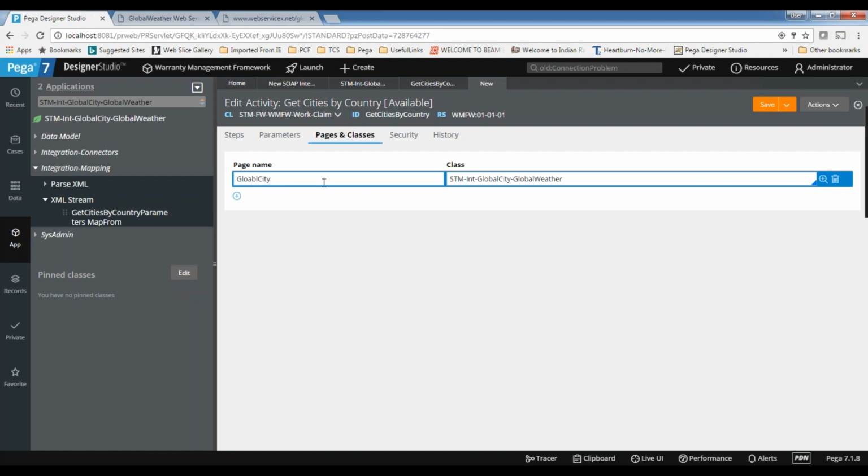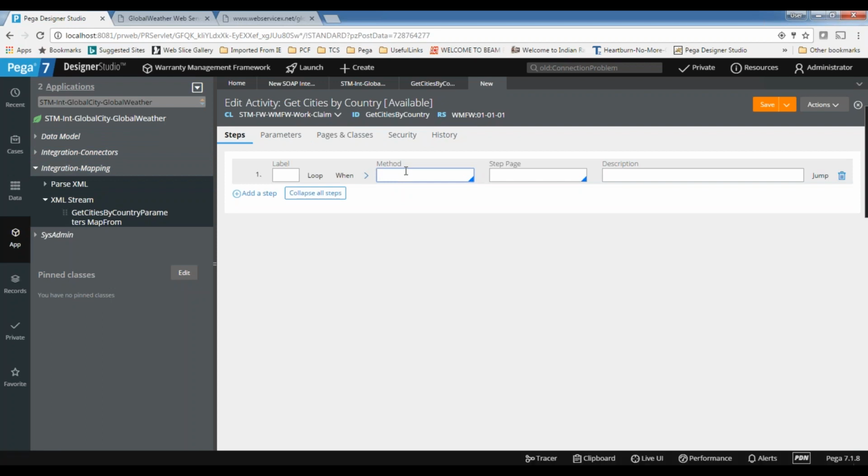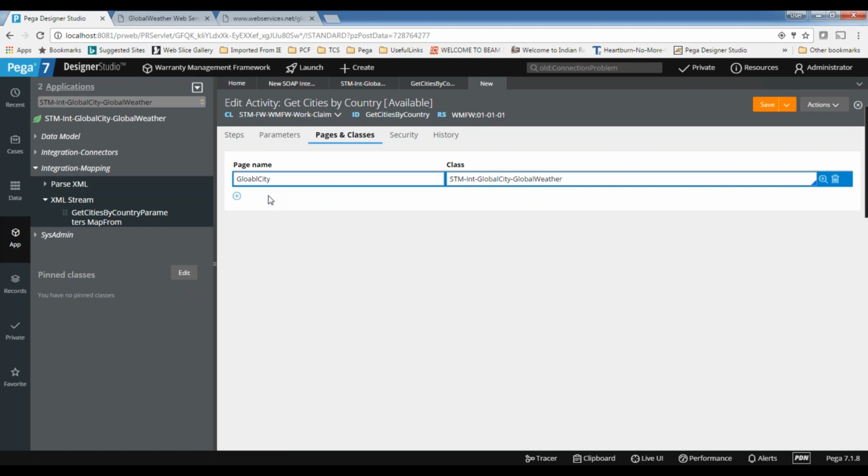This is where all the objects and connections tuples are available. So I am going to that level, global city hyphen global weather. I am creating the top level page first to store all this request and response. You can give any name here, it's not mandatory.